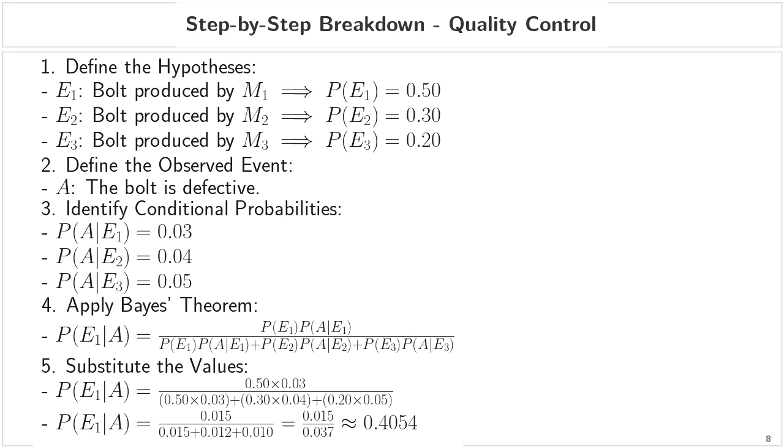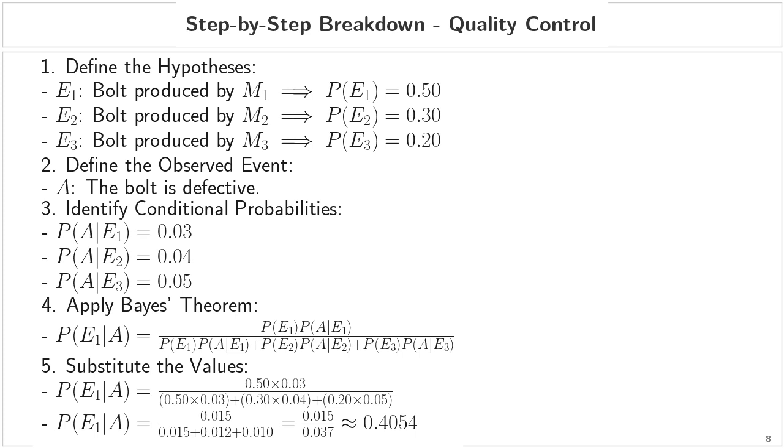Finally, let's substitute our actual values into the formula to get the result. In the numerator, we have 0.50 times 0.03. In the denominator, we calculate the sum of all three scenarios, 0.50 times 0.03 plus 0.30 times 0.04 plus 0.20 times 0.05. This simplifies to 0.015 divided by the sum of 0.015, 0.012, and 0.010. This gives us 0.015 divided by 0.037, which results in approximately